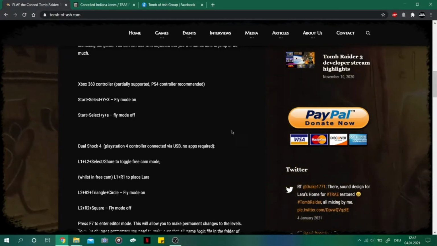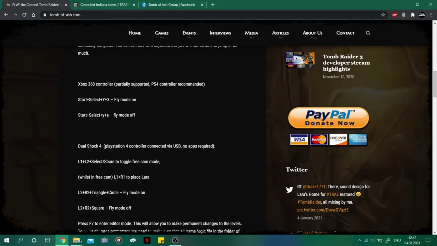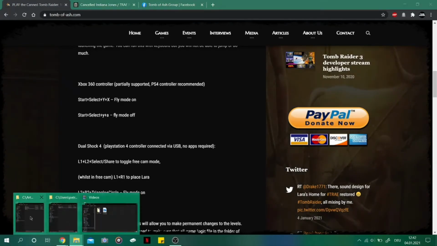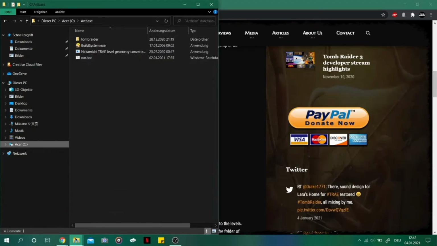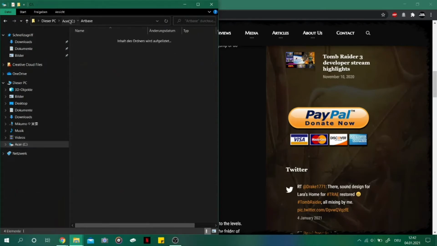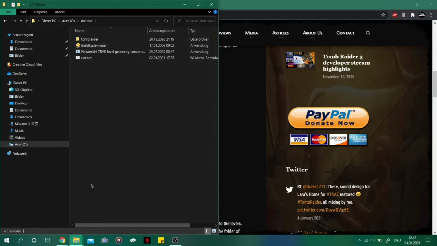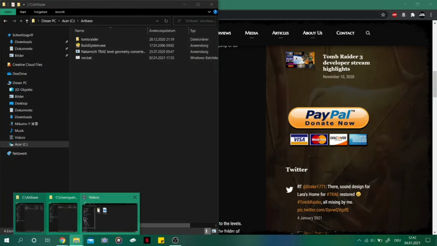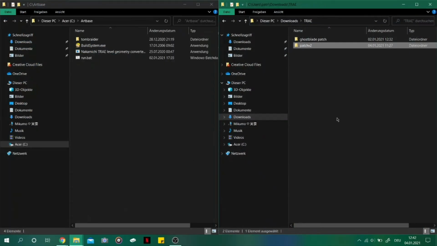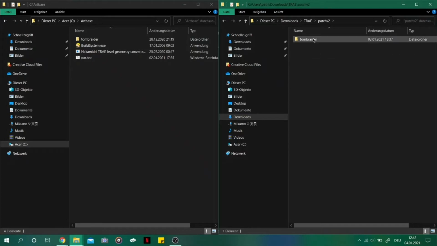Anyway, after you have downloaded all the files from here, you need to extract the Artbase file into your C drive. Otherwise, it is not going to work, as far as I know. Once you have done that, I created just in my download folder a Tomb Raider Anniversary Edition folder for the Ghostblade patch and patch version 2. You just have to copy this Tomb Raider folder into the Artbase folder. It will replace several level files